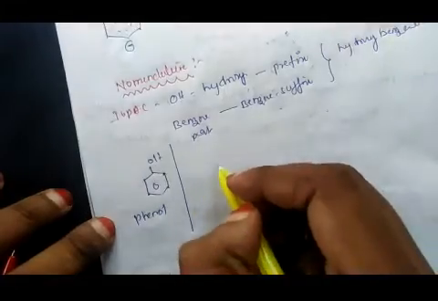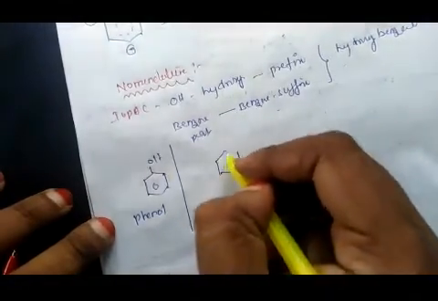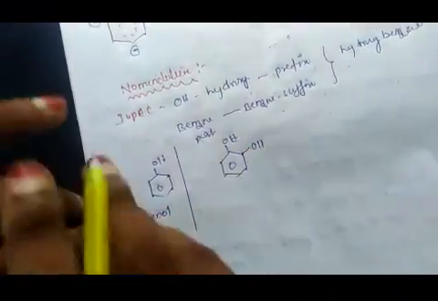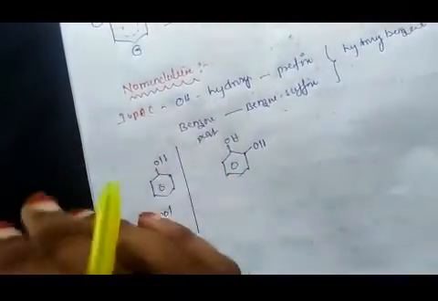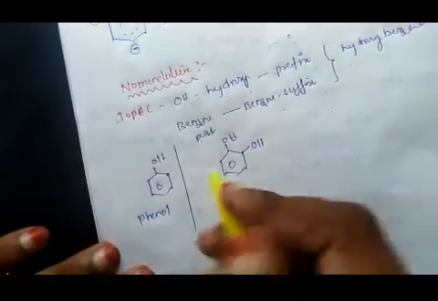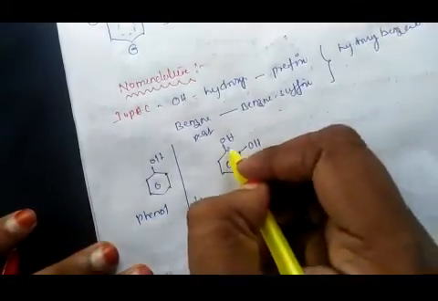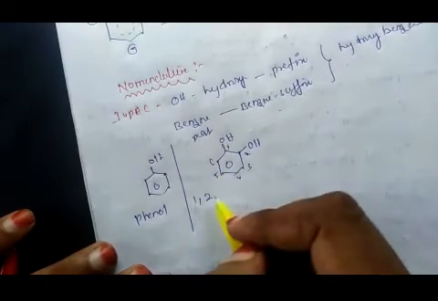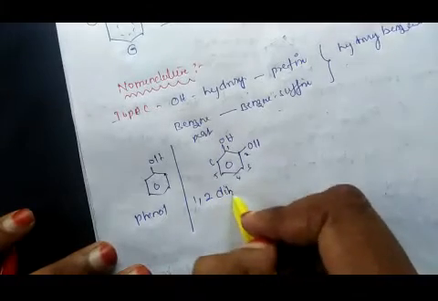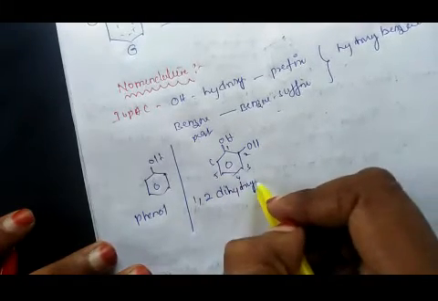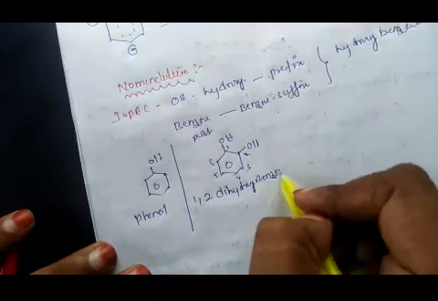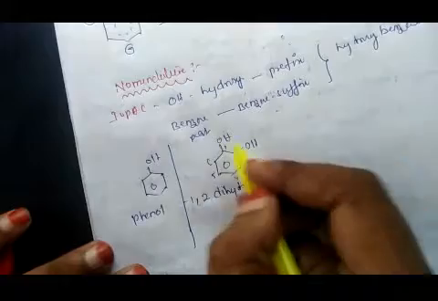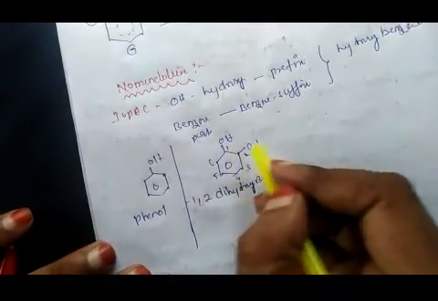Here there is a disubstituted phenol. There is an OH group here and an OH group here. When two substituents are adjacent to each other, their relation is called the ortho relation. Otherwise, it is called 1,2. Numbering 1, 2, 3, 4, 5, 6, it is 1,2-dihydroxybenzene according to the IUPAC.